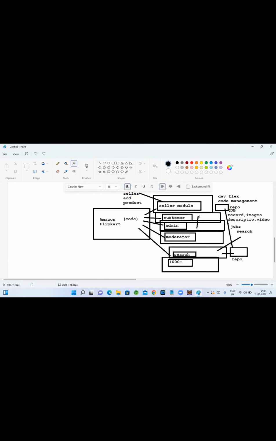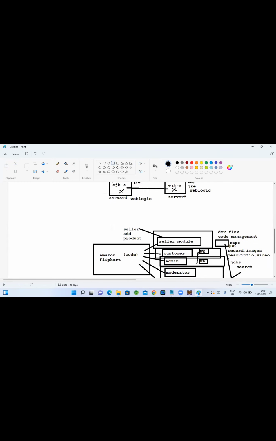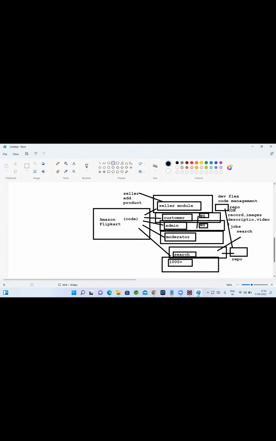But as we have web services, mostly now we are using web services only. Web services components, I'll write it as WS. We can use web services components. Whatever code wants to talk, those particular classes only we will enable as web services so that they can talk to each other. So that we can distribute the load also, we can manage, and we can remove a lot of confusion.